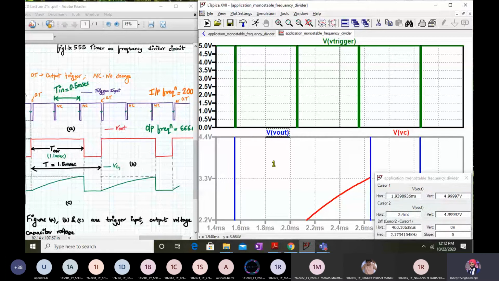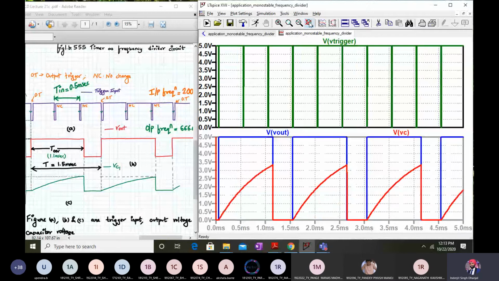Let me just pull it over here, because we want to verify everything we explained in the theory. Is it 1.09 millisecond, which is close to 1.1 millisecond, okay? And what's the total time now? Total time should be 1.5 millisecond. Did you see this, anyone? 1.5 millisecond, do you see this? This is the time period of my output signal. And can you see the corresponding frequency? The frequency is exactly 666.666 hertz. That means my output frequency is getting divided by a factor of 3 perfectly well.